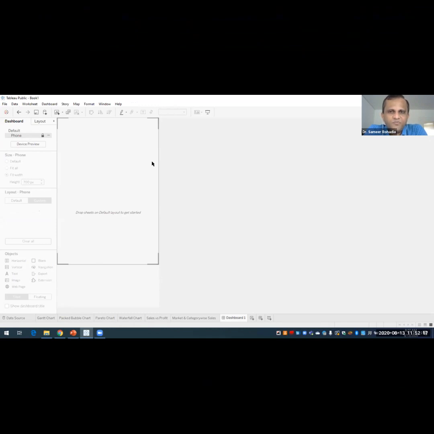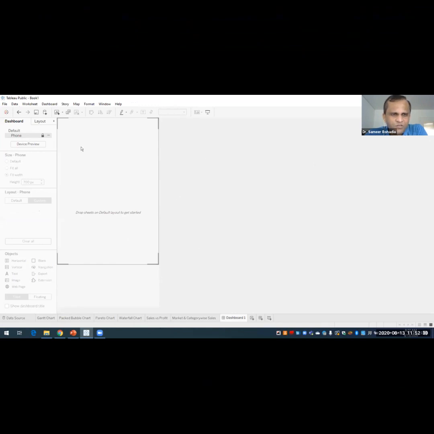So in one sheet only we are able to get a lot of information out of it. So that's why we are creating a dashboard. Up till now, we have created all the single charts in the different sheets. But now we will be putting some of the sheets in this one area only.